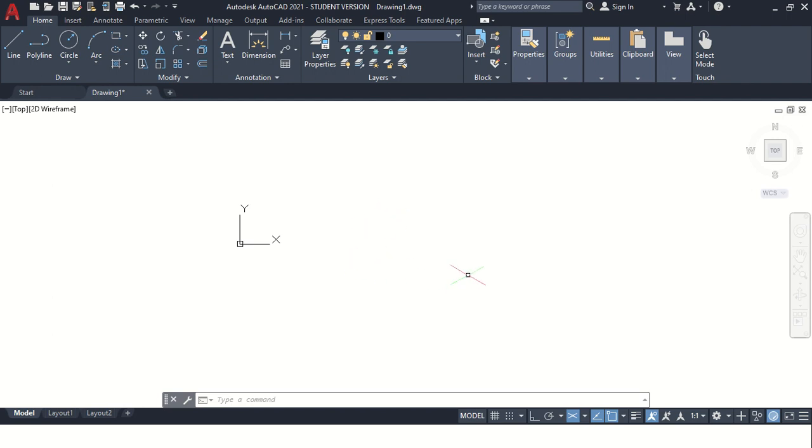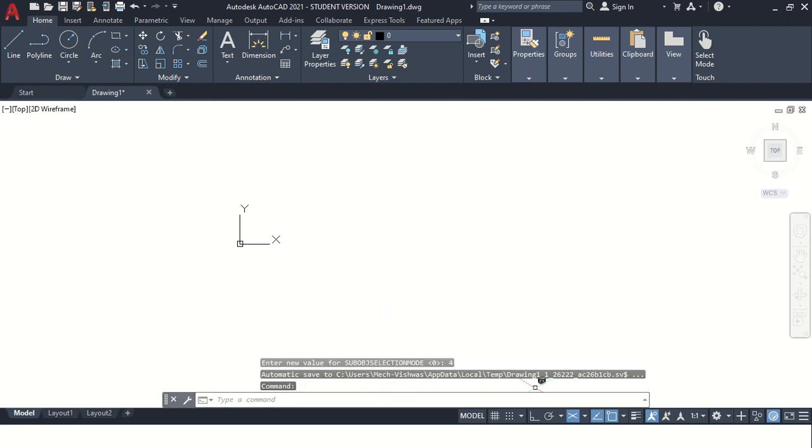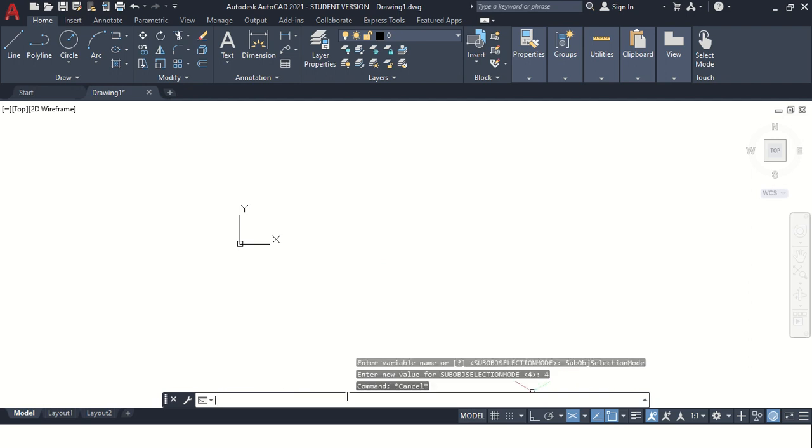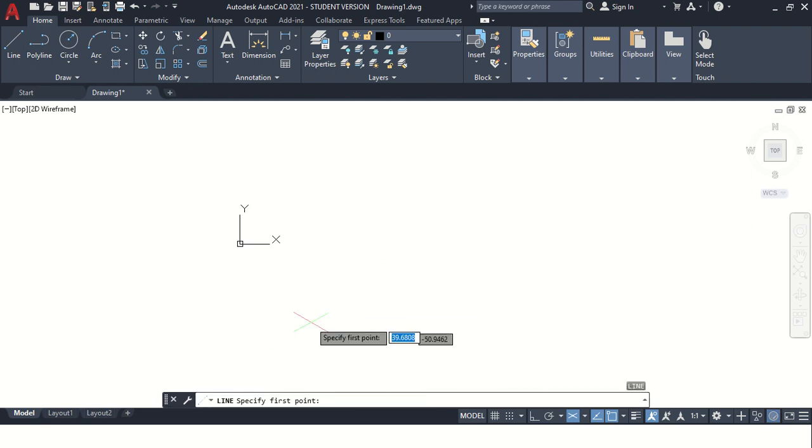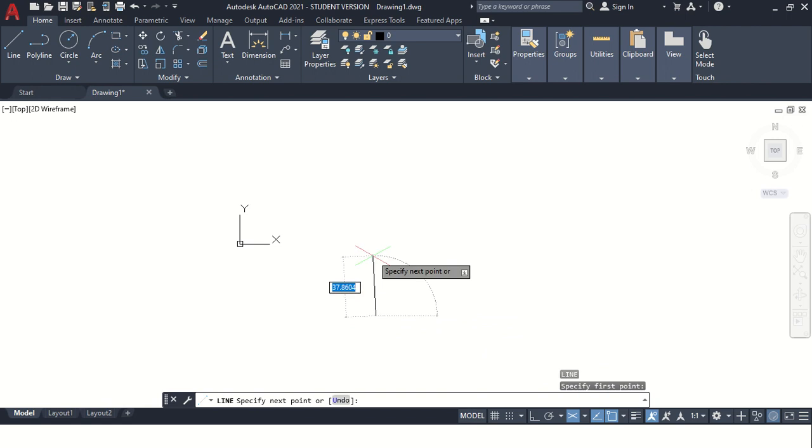Then if I want to change the plane, we can use the toggle key F5. So if I press F5, you can see the command shows the various planes. Now let us start with a line. Draw a vertical line.